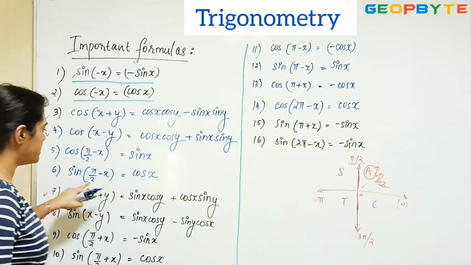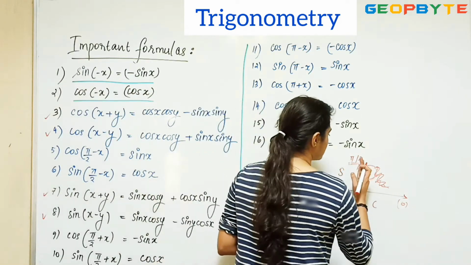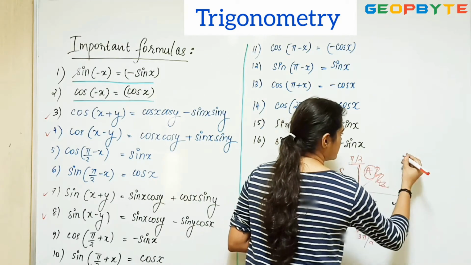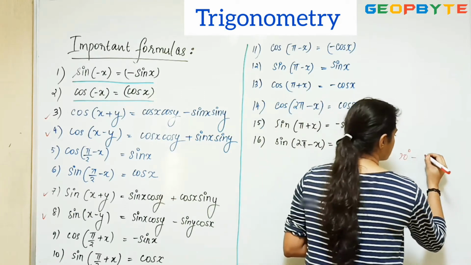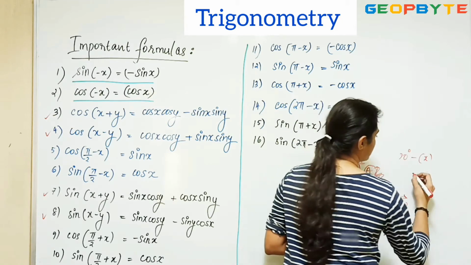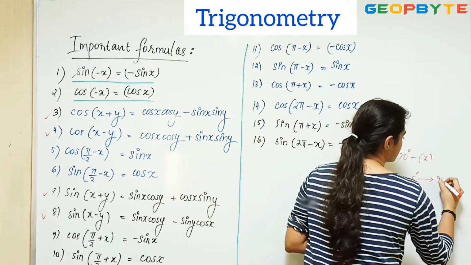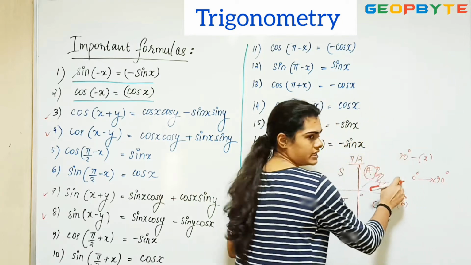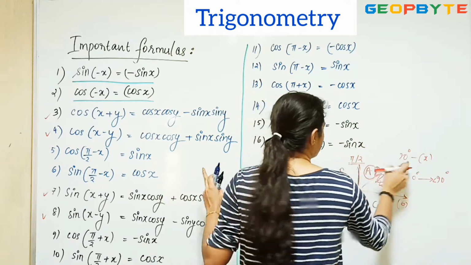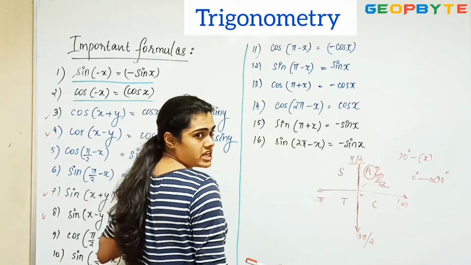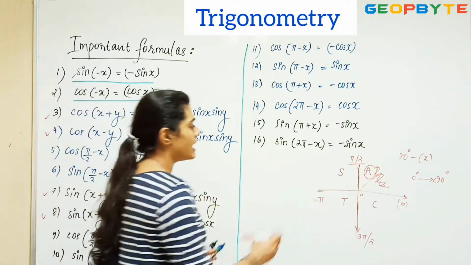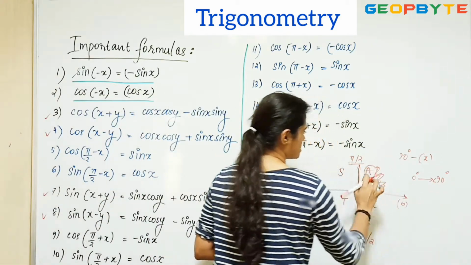Now coming to sine of pi by 2 minus x. What is sine of pi by 2 minus x? Pi by 2 is here and this is my minus x. See, 90 degree minus some value x will be in the first quadrant, right? The angle will be somewhere less than 90, somewhere here. So that is why it is in the first quadrant. So since it is pi by 2, it will change to cos. So sine of pi by 2 minus x will be cos x, and cos is positive because all angles are positive here.